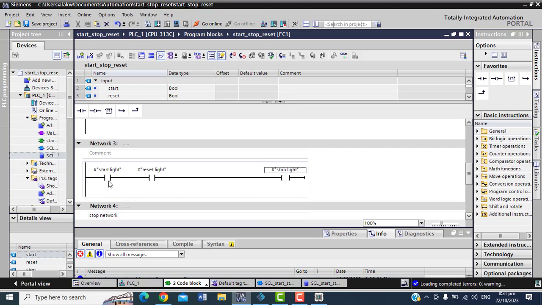So if this light dey on, I go close this one, close this one. So let me leave it like this. This one's supposed to be closed, and then this one's supposed to be closed. So now if this your light no dey on, this one will remain closed. If this your reset light no dey on, this one will also dey closed, and then signal will come to this your stop light. I go do the same thing. So see, just one line of code.